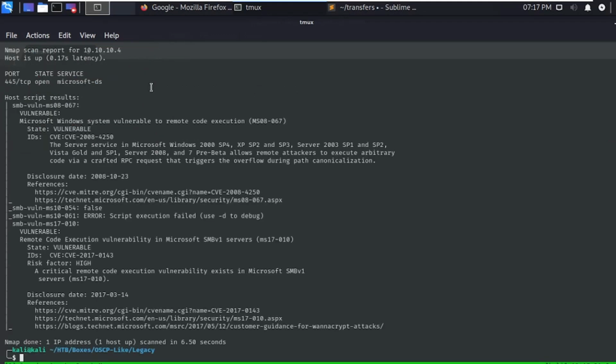So now as the scan is done, we can see the results. We find MS08-067 and MS17-010, which is also known as EternalBlue. Both are RCE, remote code execution, and in fact MS17-010 has a risk factor of high. We can search for both of these exploits on Searchsploit. Let's copy this